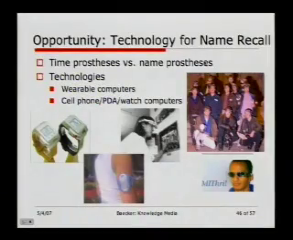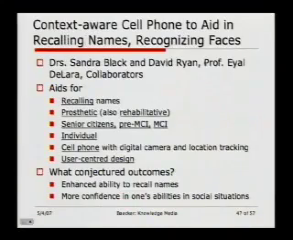So once again, there's lots of technology out there that would make you think that you could build something. We have lots of time prostheses around, I'm looking at one back there, but we have very few name prostheses. Steve Mann, you see Steve Mann and his cyborgs on the upper right, has talked for years about wearing a head-mounted display that would do face recognition. To my knowledge, although there have been maybe one or two research prototypes, this is not real. So what we want to build is a context-aware cell phone to aid in recalling names and recognizing faces